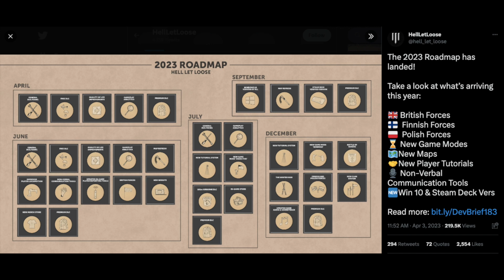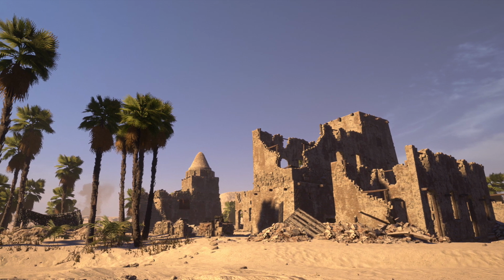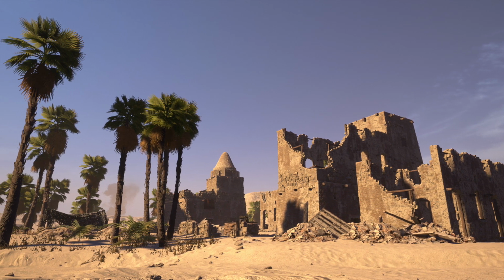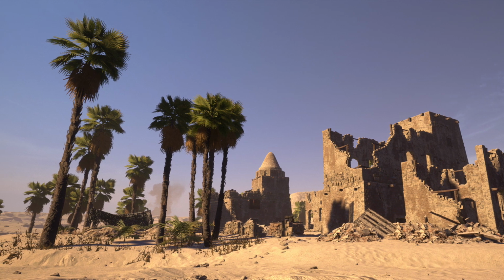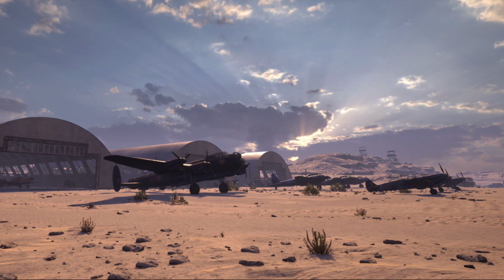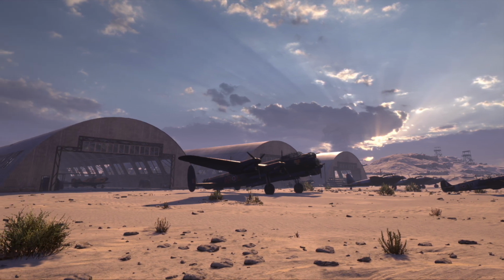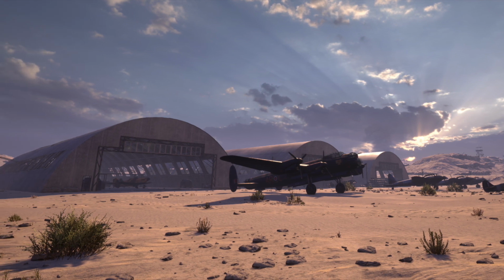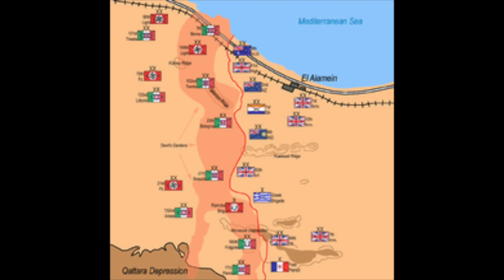Along with the British faction, Team 17 intends on adding a new map to the game. El Alamein is based off an actual battle that happened in Egypt in 1942. I'm going to go into a little bit of context behind it, as well as get into some of the equipment that I think is going to be added to the game. So, in May of 1942, German and Italian forces pushed into Egypt after the Battle of Gazala. Dealing with low supplies and poor intelligence, General Rommel decided to attack head-on